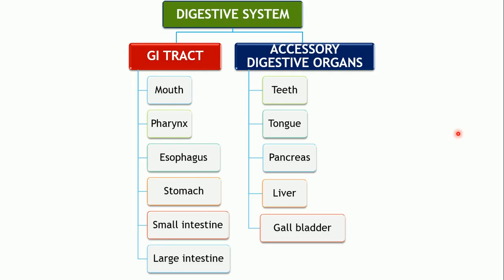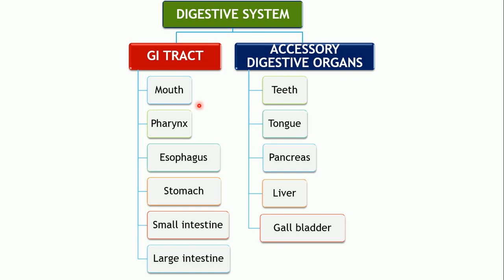So just to have a brief idea about the various organs belonging to this particular system, basically it is divided into two types of organs. One comprises what is collectively called the GI tract or gastrointestinal tract, which includes the mouth, pharynx, esophagus, stomach, small intestine and the large intestine. So it's a tube-like structure, a pipe-like structure in continuation right from the beginning till the end, from the mouth